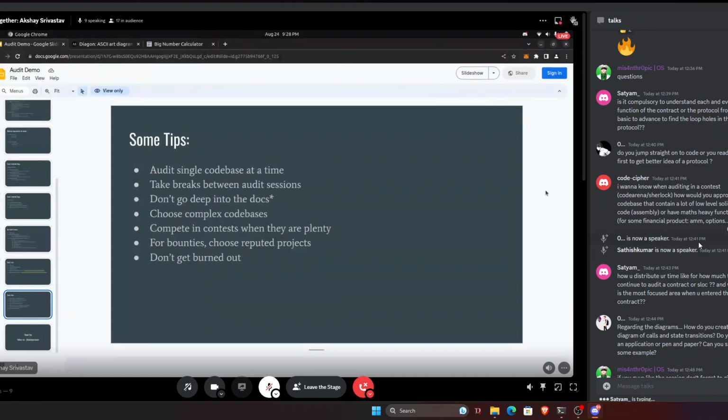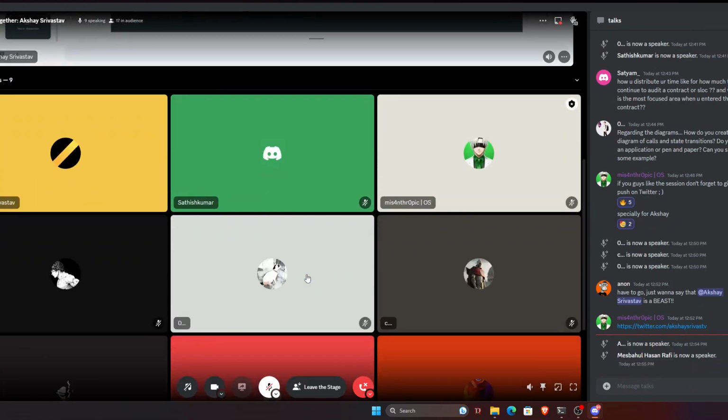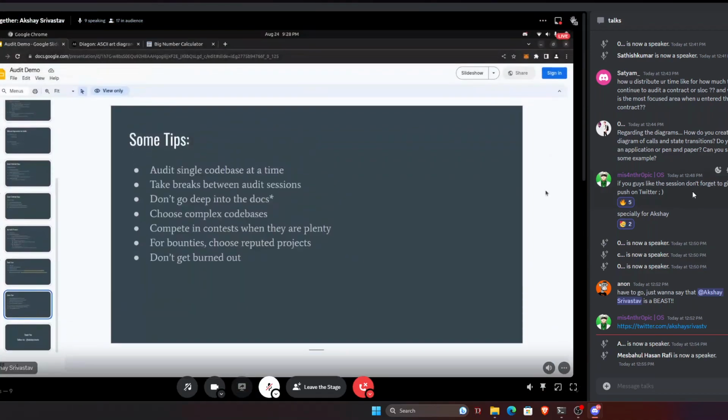For bounties, I always try to choose reputed projects, because they are the ones who are likely to pay you money when you report a bug, as compared to any new degen project which can just ghost you when you report a bug. And the last one would be the most